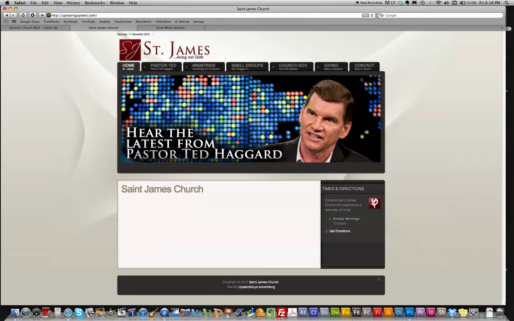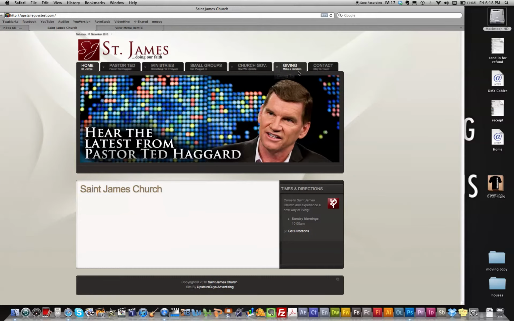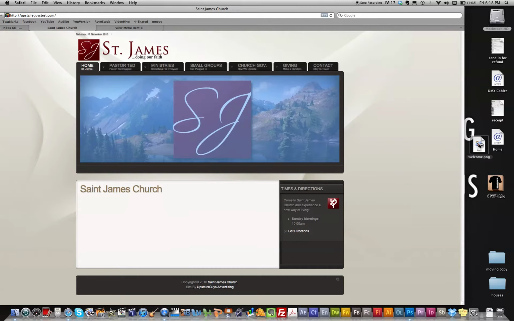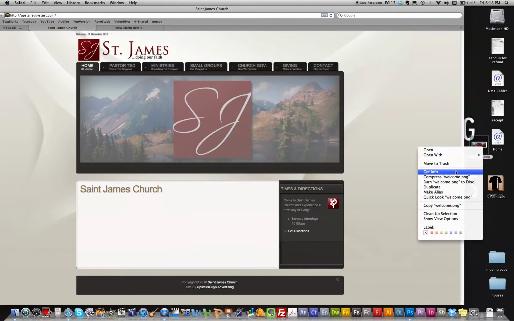Next I'm going to show you how to add a slide. And these slides, if you have a graphic artist create slides for you guys or take a picture or whatever you want to add a slide, the dimensions of the slide are